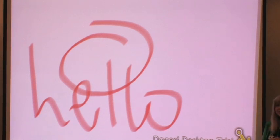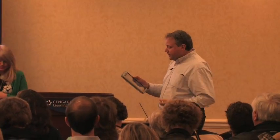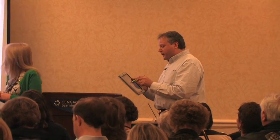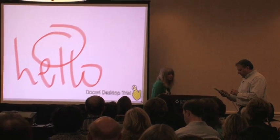Or I'm using the Doceri stylus, which comes with, I don't have it plugged in, but one end is an eraser and the other end is a stylus. And you can bring in multimedia objects from your laptop and place them on the page. But the other thing that's really nice about this is that